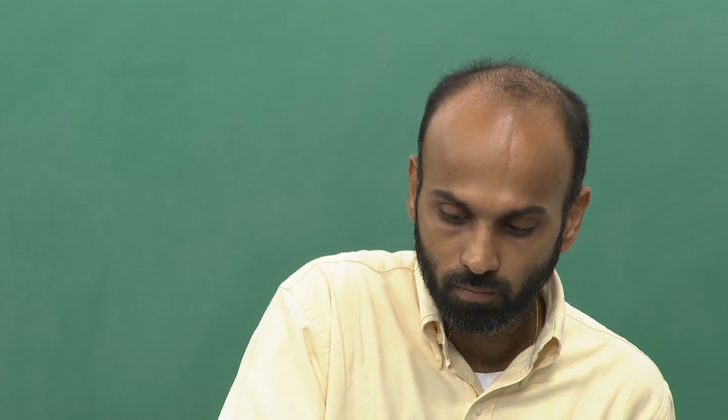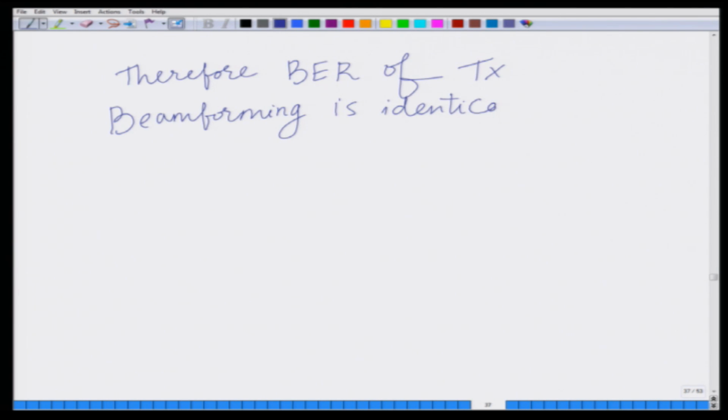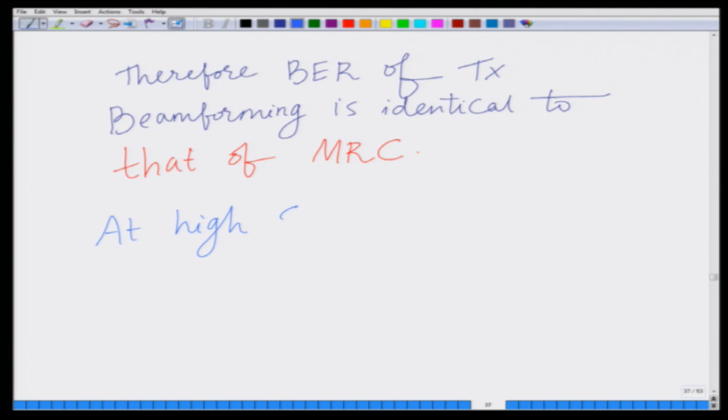So, therefore, the bit error rate of transmit beamforming is identical to that of MRC, which means at high SNR the bit error rate equals